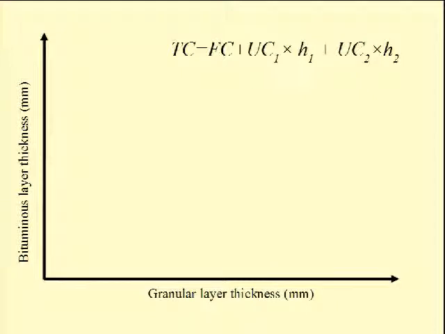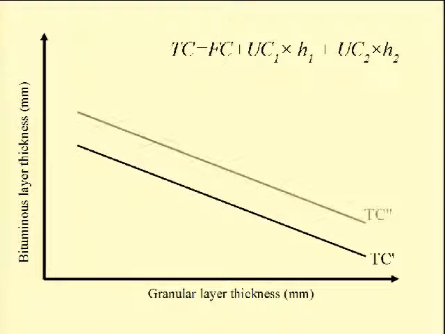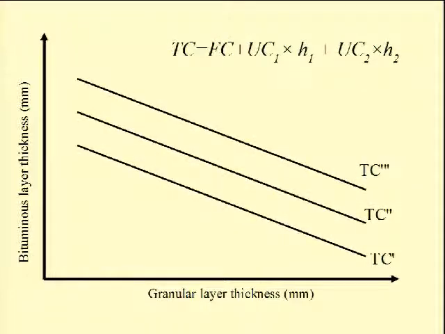And if this holds, then you can see that between H1 and H2, it's going to represent the equation of a line. And therefore, I can think of a line, or I can think of another line, or another line. Anybody can plot this, even someone who is not a pavement designer, just from cost consideration; these parallel contour lines can be drawn. And the TC triple dash would indicate that this has a higher value than the TC double dash, and so on.